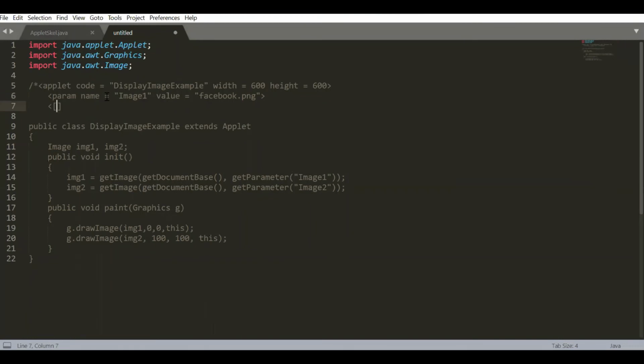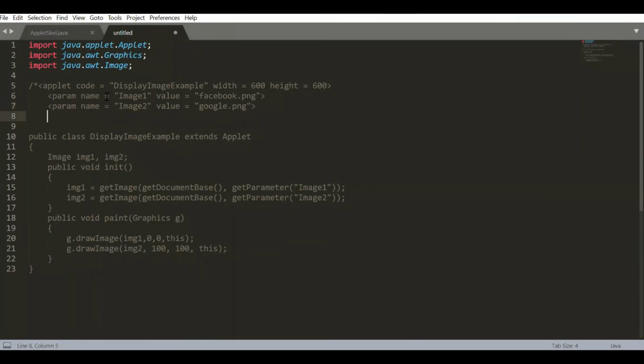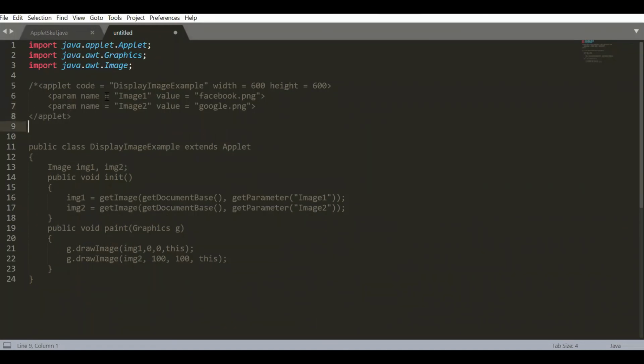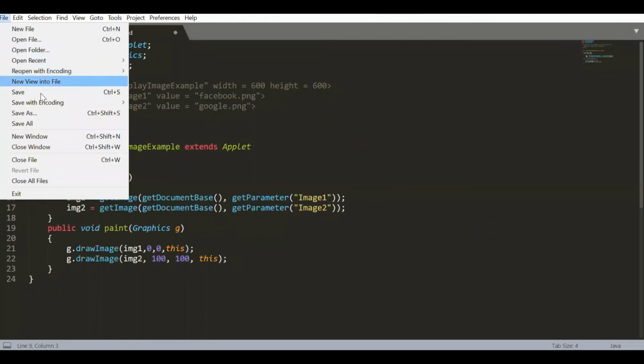Second one, the name as image2 and its value, the second image is google.png, right? And here, the applet code and the declaration. Okay, I'll save this.